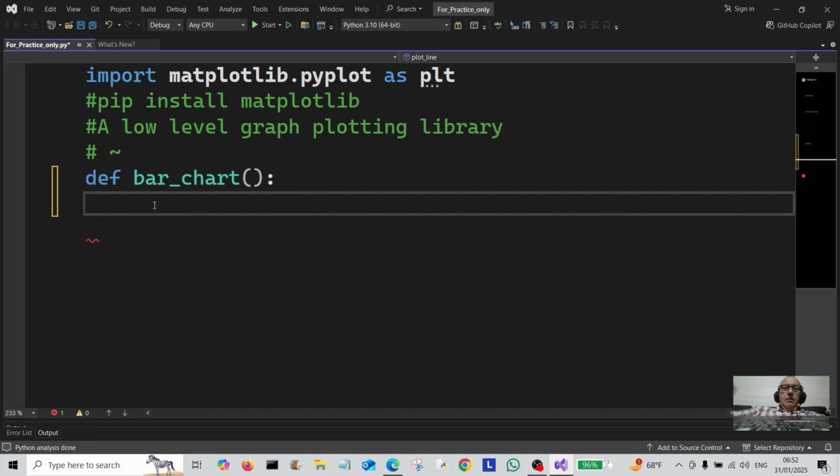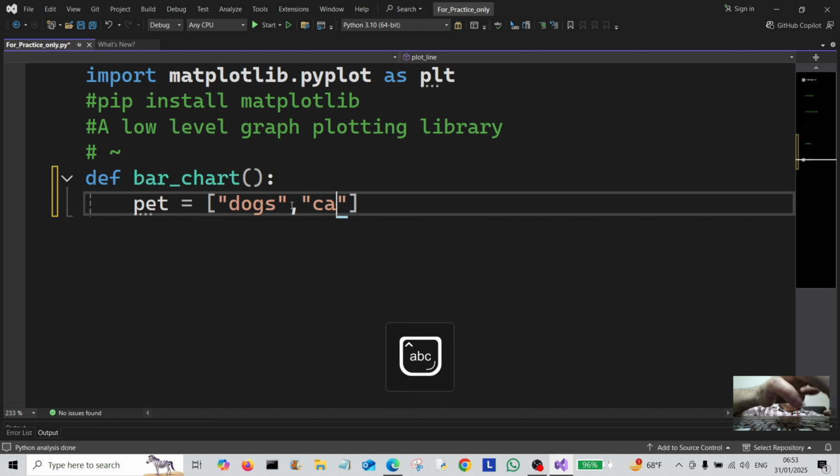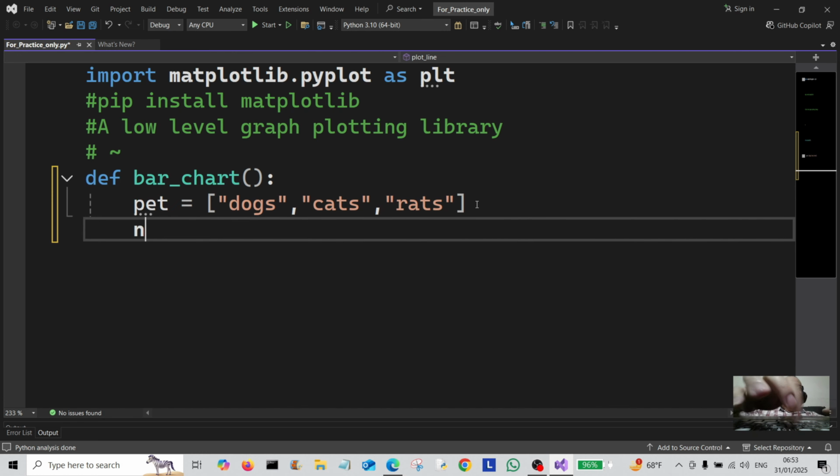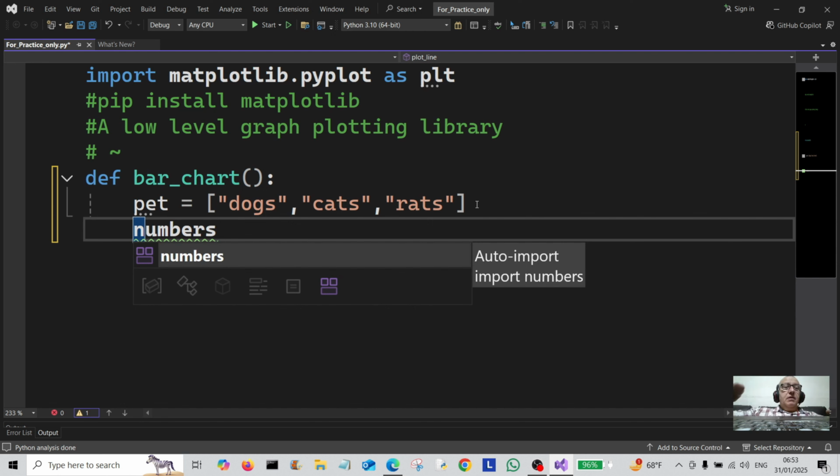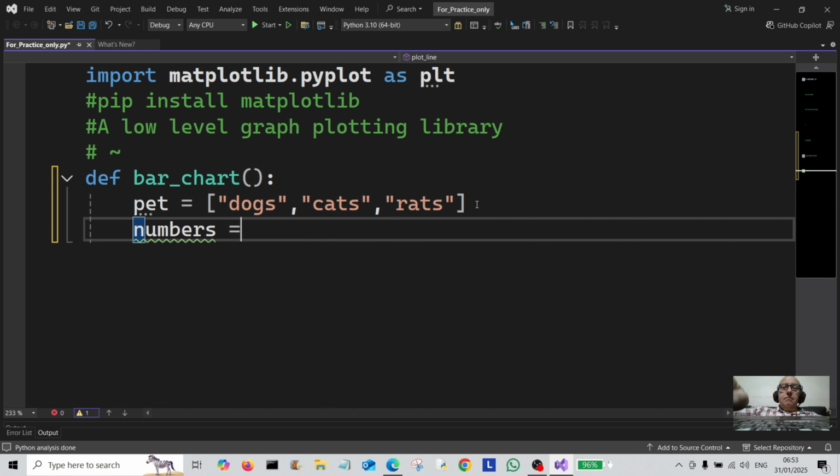So first of all, I'm going to create a bar chart with pets. This is just going to be random, so I'm just going to do something random like dogs, let's say cats and rats. Well, rats are not really pets, but it rhymes with cats. Anyway, so we're going to do numbers here. I'm simply just going to do 1, 2, 3, and